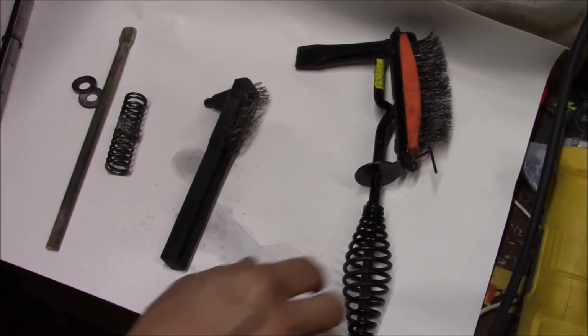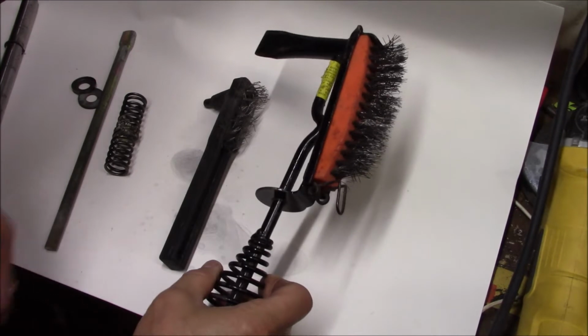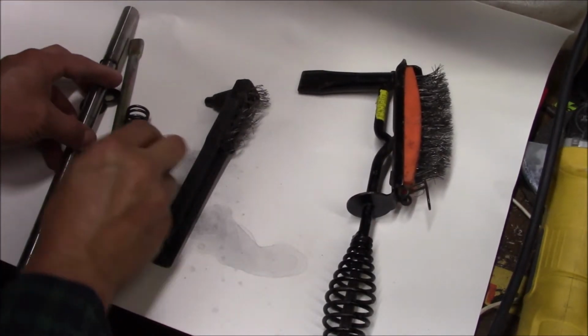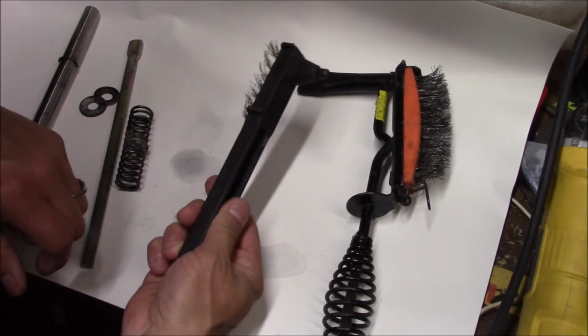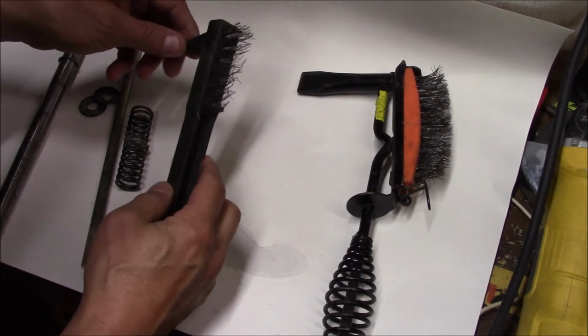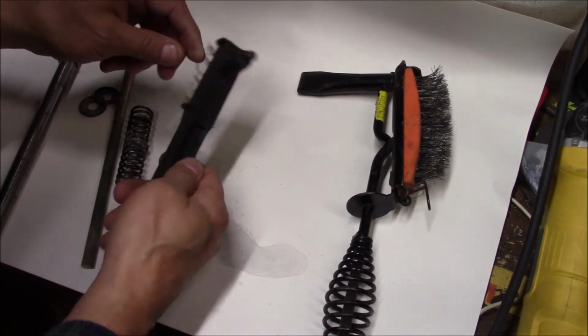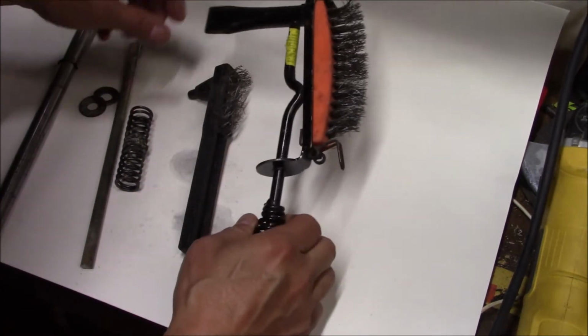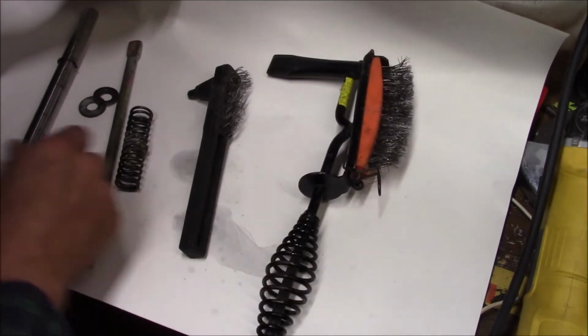What I'm going to do here today is make a welding chipping hammer out of these things here. This is what came with the welder. The brush is completely worn out and it's just not very effective. This is my son's here, and I'm going to take this